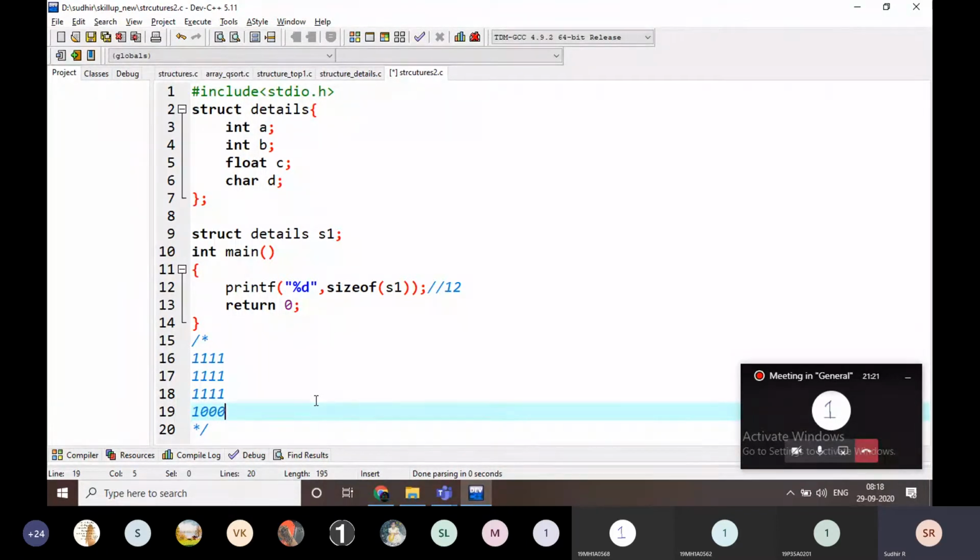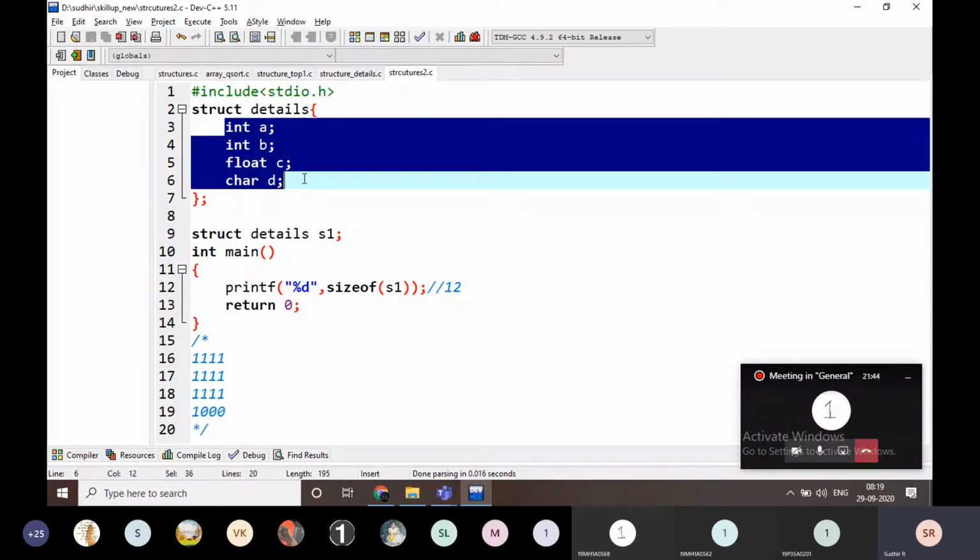It is going to be saved in 1 byte only, but all the 3 remaining bytes are going to be zeros here. And how much size is it? Four 4s are 16.